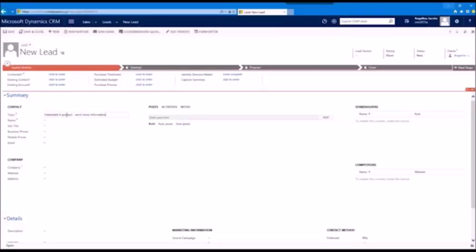And then maybe they just ask for more information. So it's just a quick description of your lead here. The name is the actual name of the person that you've spoken to or who this lead is about. So let's say I spoke to Lisa, first name, and Daniel's their last name. You can put in additional details, like if you know her job title, her business phone number, mobile phone,